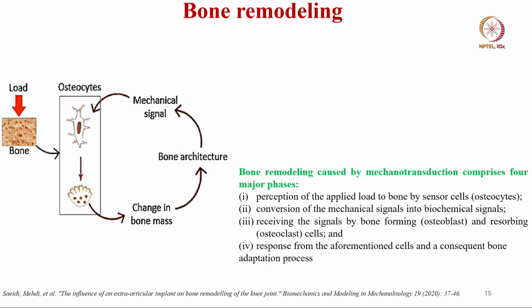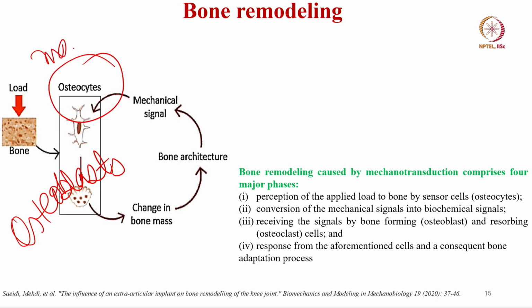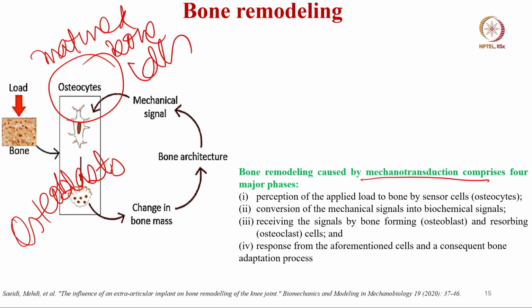So, bone remodeling is a process by which osteoblasts, or bone forming cells, sense the mechanical signals and mature into osteocytes. You have the osteoblast, the primary bone forming cell, and these are osteocytes, the matured bone cells. Bone remodeling is essentially caused by mechanotransduction, sensing the mechanical signals, which activates downstream signaling processes so that the maturation from osteoblast to osteocyte is accomplished.